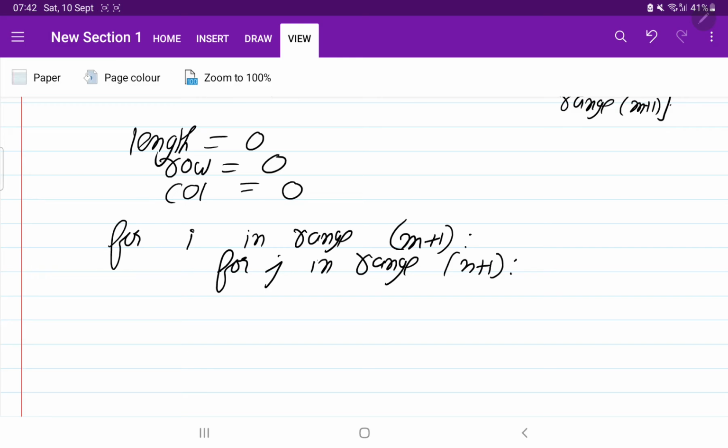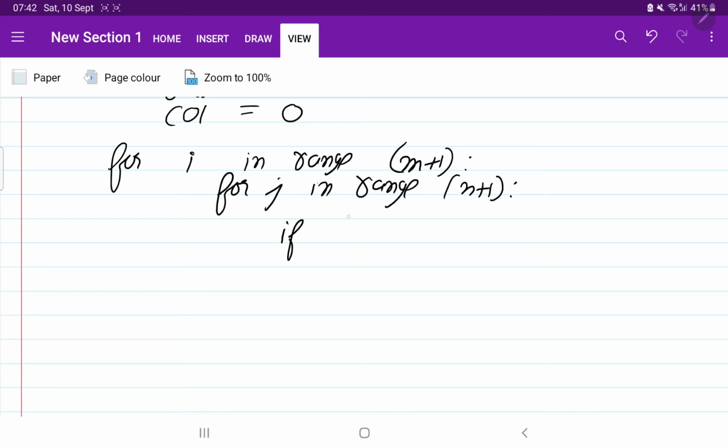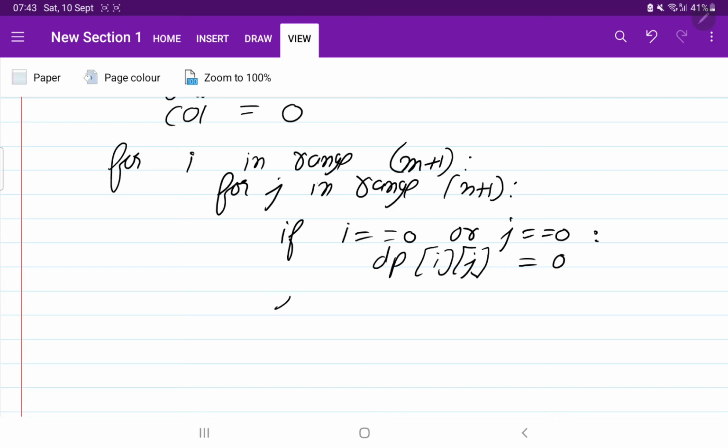Perfect. Now, as I told you, to initialize the elements, for the first row and first column, if i equal to 0 or j equal to 0, we are going to fill the elements of the dp with 0.